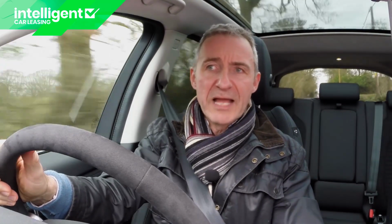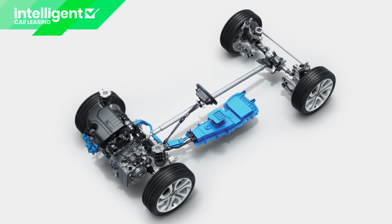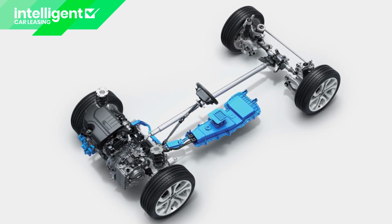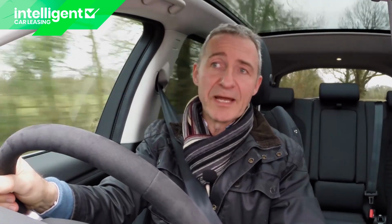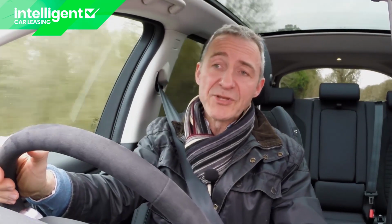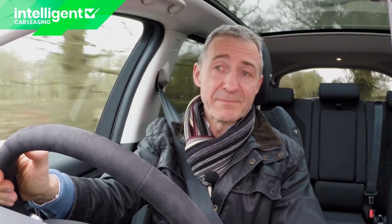Overall, Land Rover claims that the mild hybrid tech gives a 6% fuel economy improvement and it cuts CO2 by 8%, but it's not really enough to salvage a really class competitive set of fuel and CO2 readings. To give you some perspective on that, the D180 diesel Discovery Sport variant, the one most customers tend to choose, manages up to 39.6 mpg on the WLTP combined cycle and up to 150 grams per kilometre